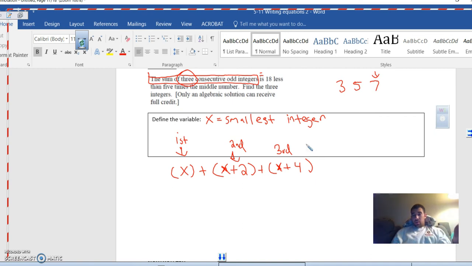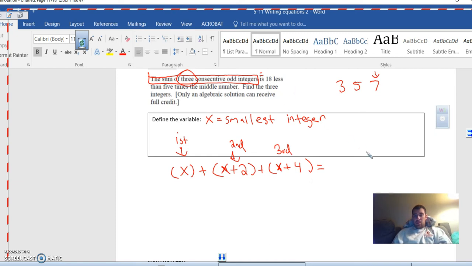So the second's going to be 2 more. The third's going to be 4 more. If we had a fourth integer, it'd be 6 more, 8 more, 10 more, and so forth. So this is this side. Sorry, guys. So 3 consecutive odd integers equals